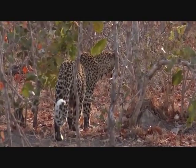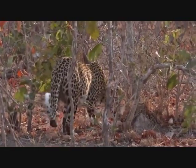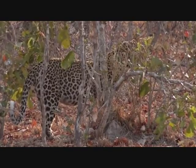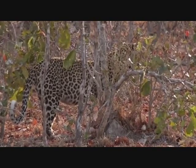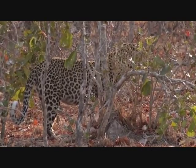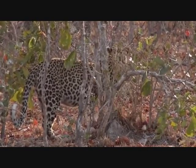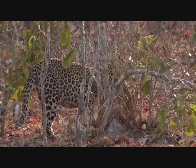Well, the reason I said that this might or used to be the westernmost part of Karula's territory, the boundary that she shares with her daughter, is because Shadow's territory has been changing. What has she smelt there? You gonna give us a phlegm and grimace? Oh, you're gonna do it behind the trees. Shadow's been pushed further and further to the east by a large female leopard called Salaheshe. Salaheshe is a little bit larger than Shadow. She's been known to steal kills from Shadow, and she's also got a 14-month-old, or 15-month-old now, female cub called Tiani. And essentially what happens with...